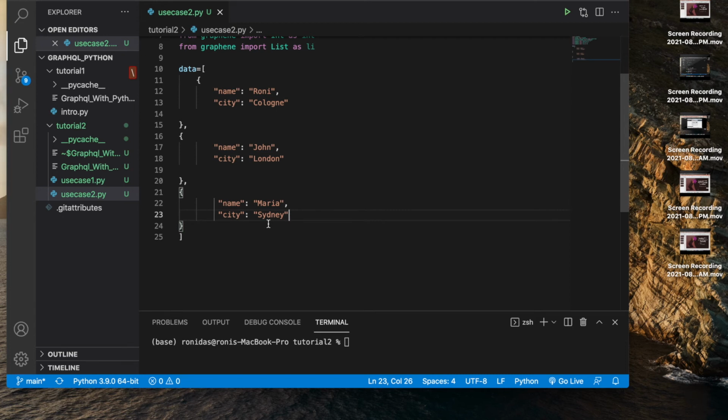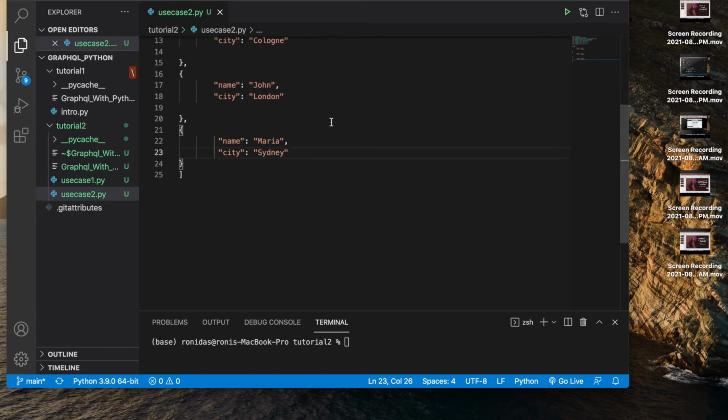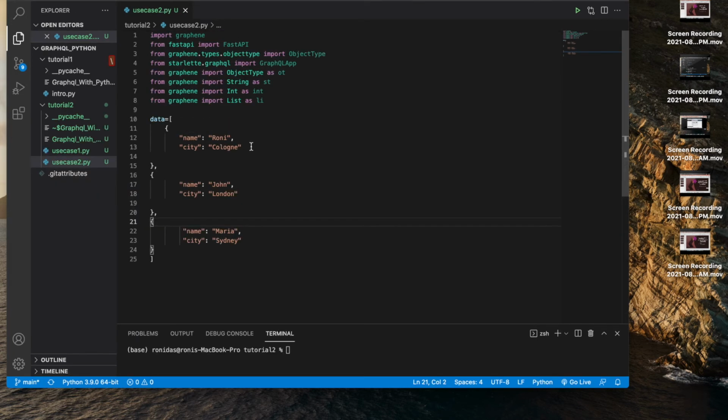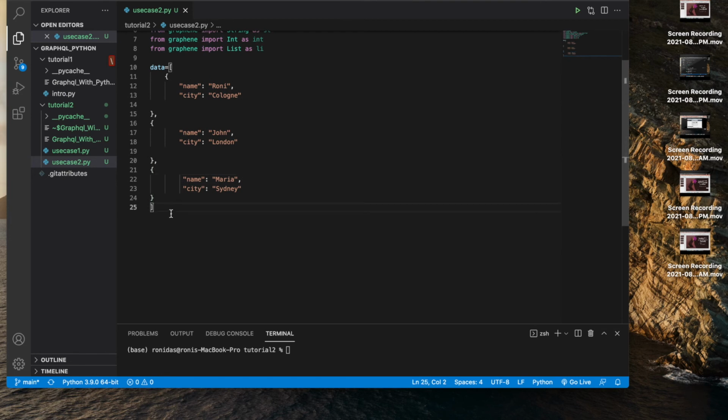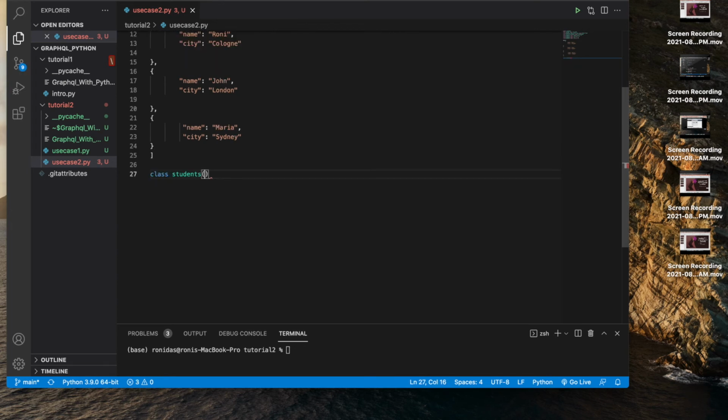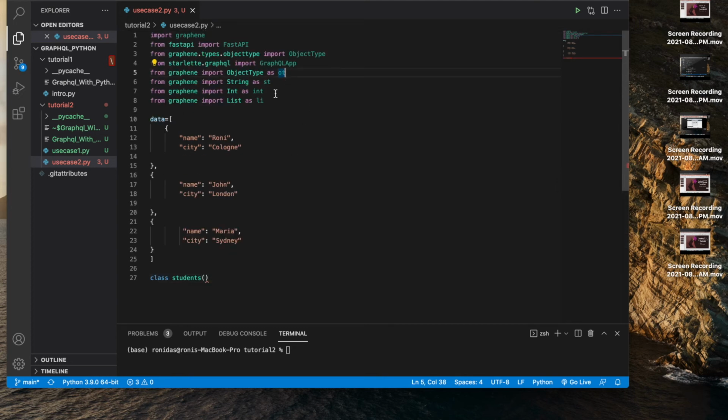I'm just thinking how to do that. Let me just minimize this a bit. Okay, done. Now start writing the code. So maybe class Student. Student is going to be a graphene ObjectType, and ObjectType is OT, so I can just write OT.